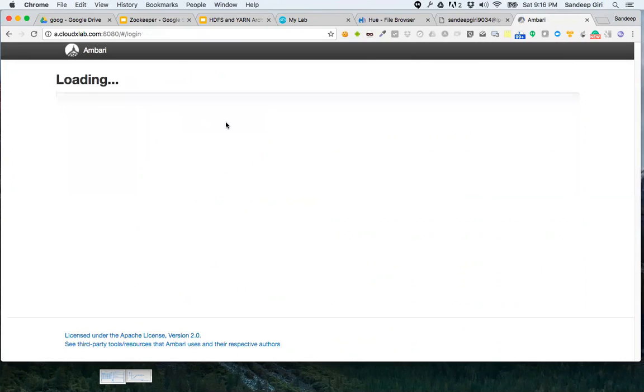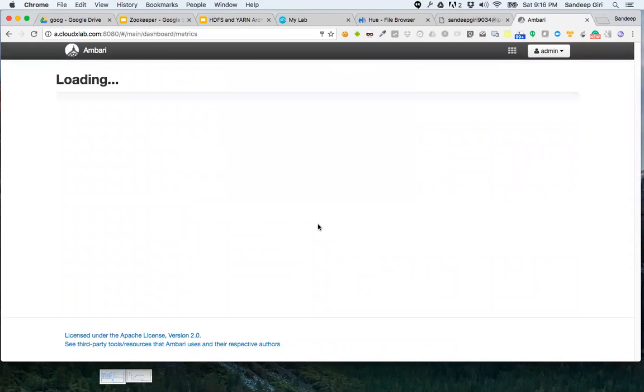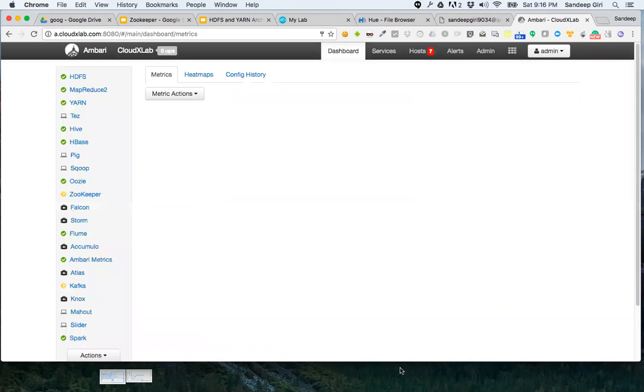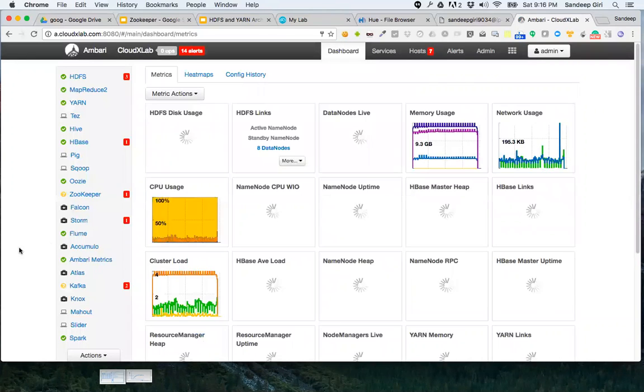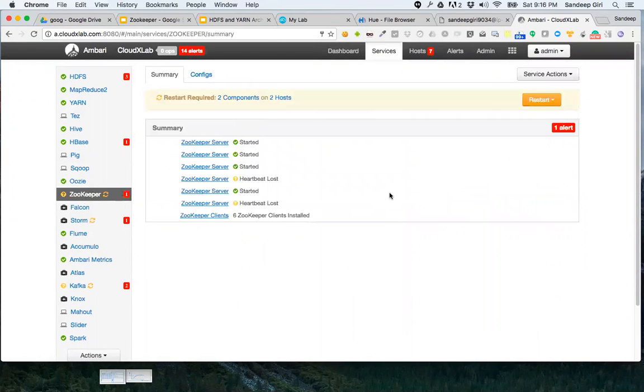Zookeeper is installed on almost every machine. I hope the recording is going on. Good. Now, since I've logged in as admin, I can restart two components.